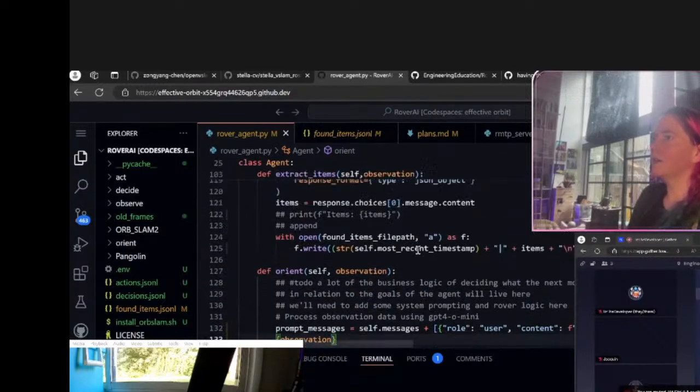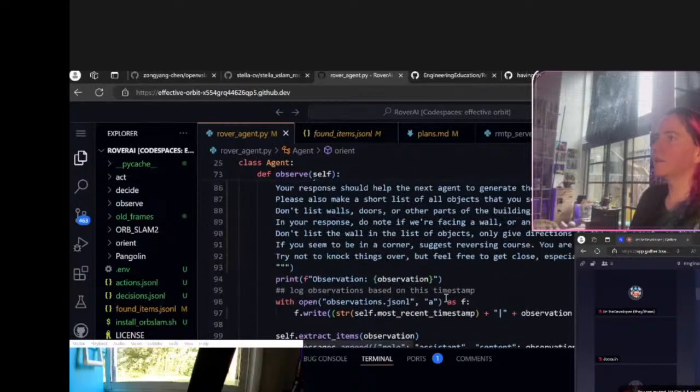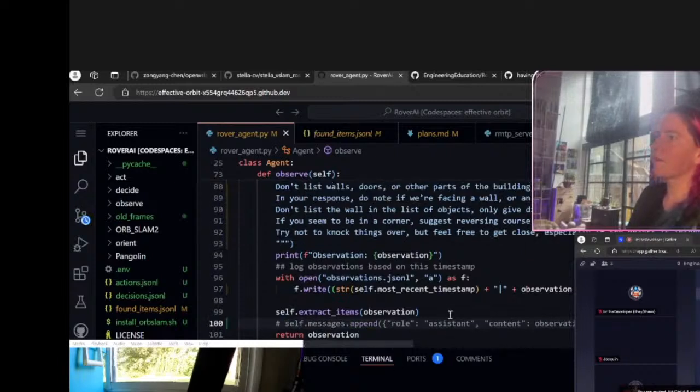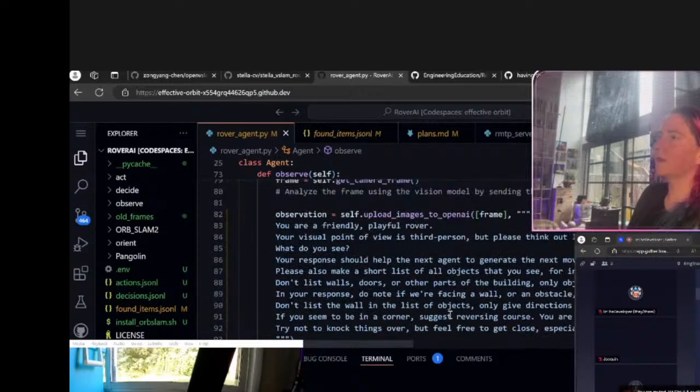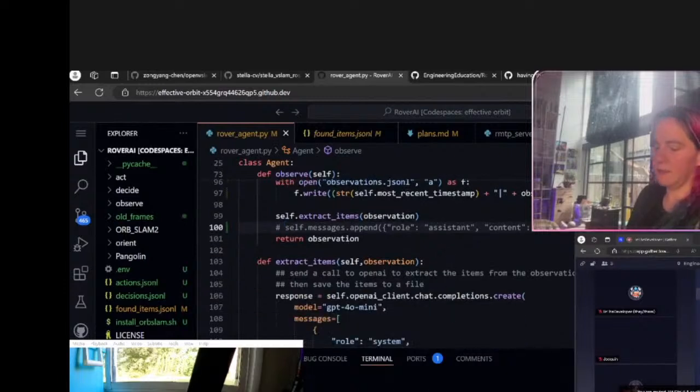Yeah, okay, so then go ahead and the extract items, but here's the observation. All right, we don't need to append it here, but observation equals upload images. Okay, cool. All right, so let's do that.